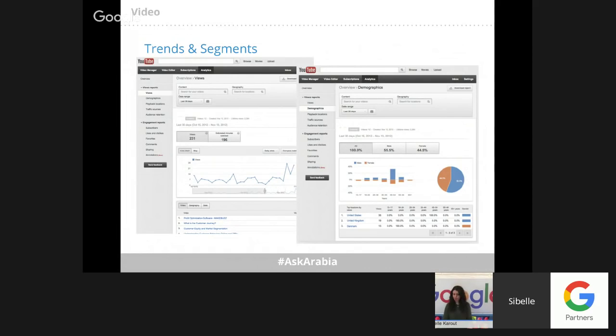With trends and segments, you can track current and past viewer trends in the overview. You can view area, discover surprising new segments within the demographic area. You can see if the video went up after advertising, or was there an event that occurred.